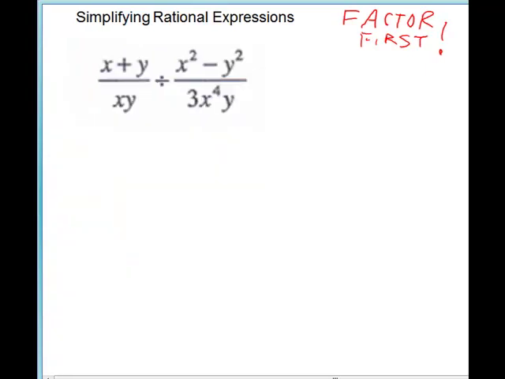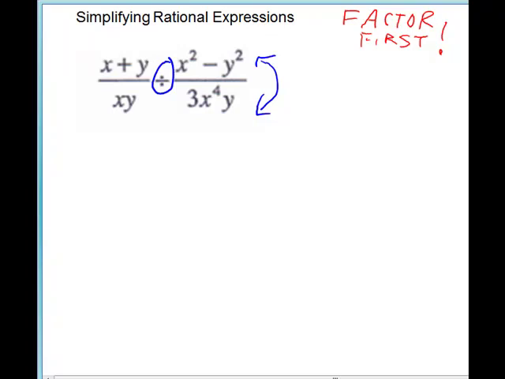Our next problem, notice, is a division problem. So we're going to change it to multiplication and invert the divisor. We have to do that before any canceling. So because this is just so much writing, I am going to factor and flip at the same time. All right, so on my first numerator, there actually is no factoring you can do